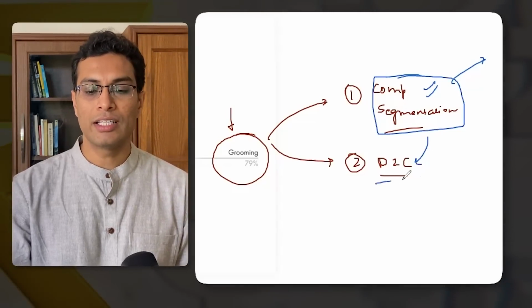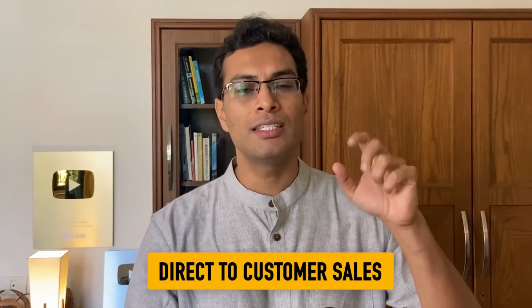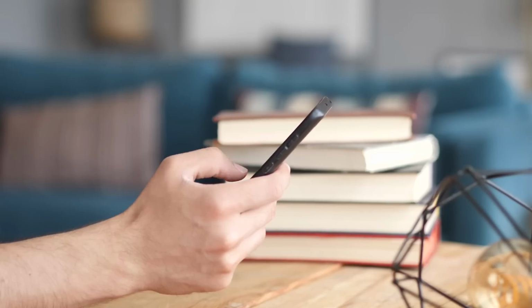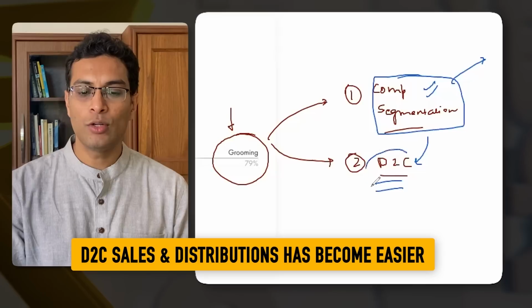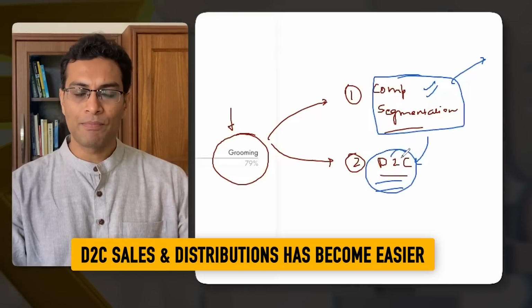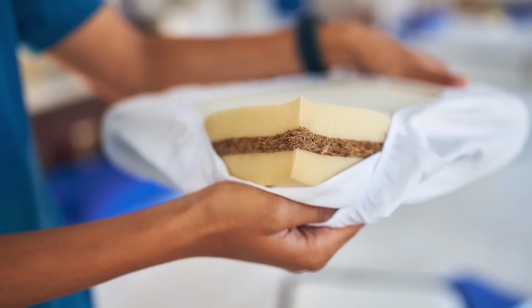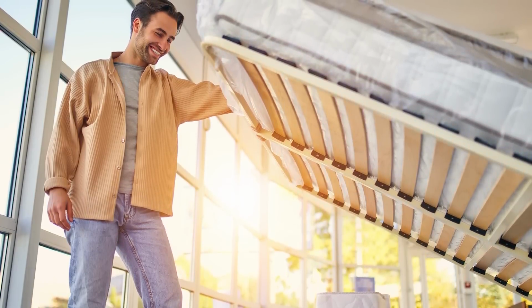second point, which is called D2C sales. D2C sales means, for example, you would have seen these days that mattress-making companies have started selling directly to you through YouTube ads. You see a YouTube ad saying you can't sleep, how do I meditate, and then you are shown an ad saying here is the mattress, go to sleep, memory foam and what not. So basically what has started to happen over the last 4-5 years is that D2C sales is getting easier and distribution in D2C has become easier. Like the mattress company I'm speaking about, they can directly manufacture it at a small scale and ship the product to you.